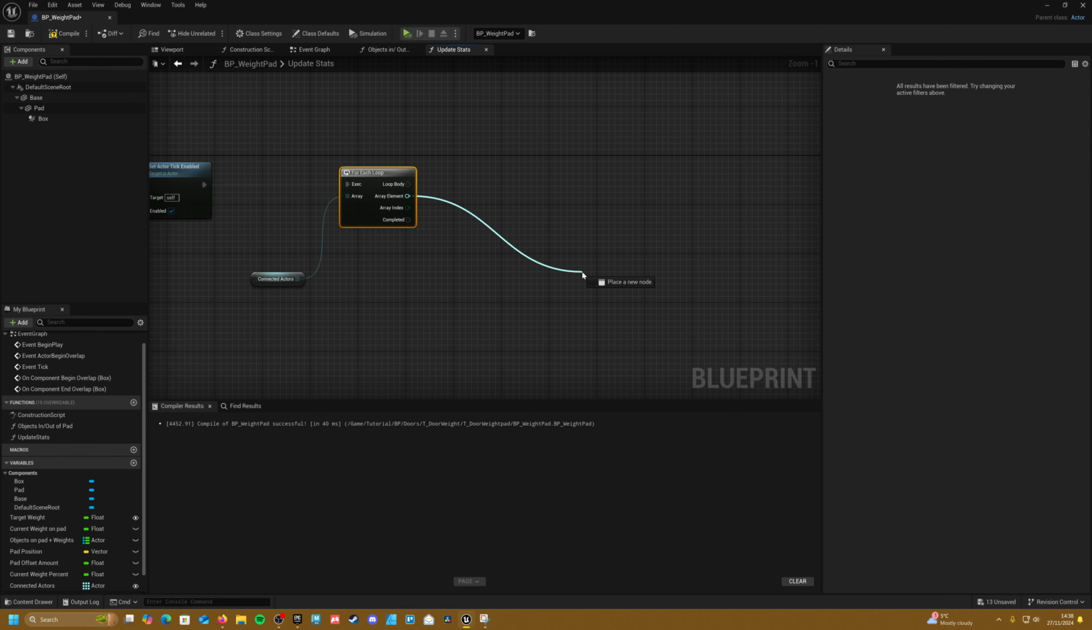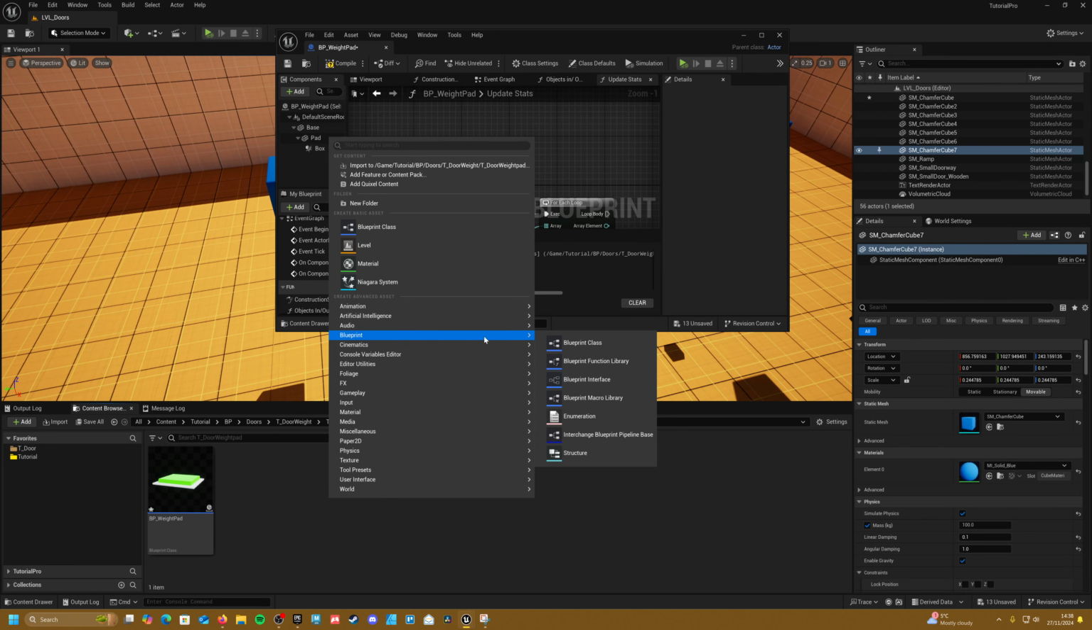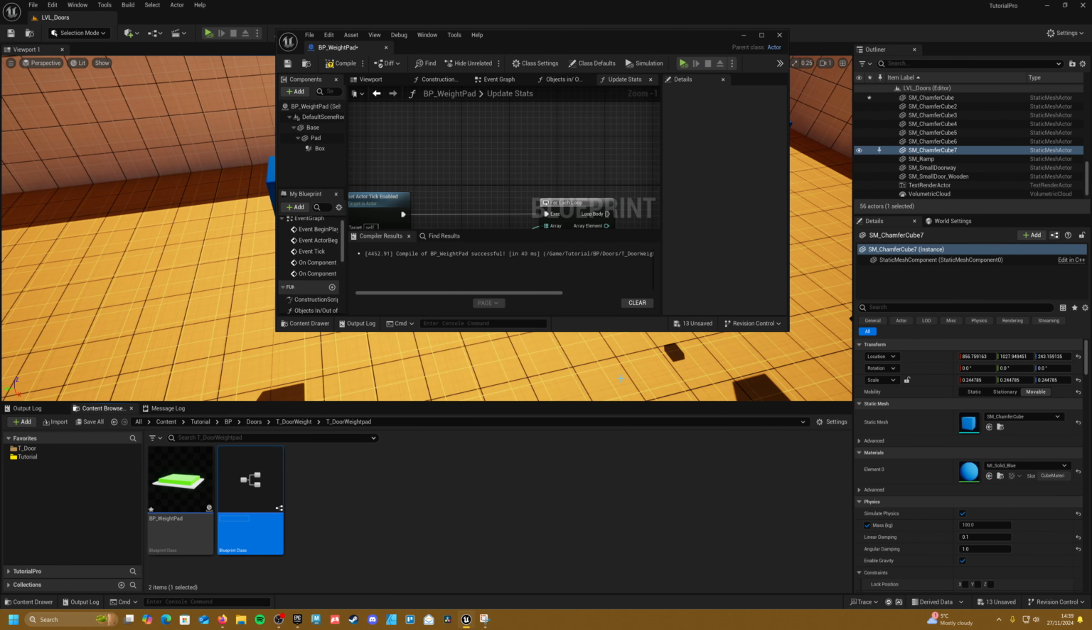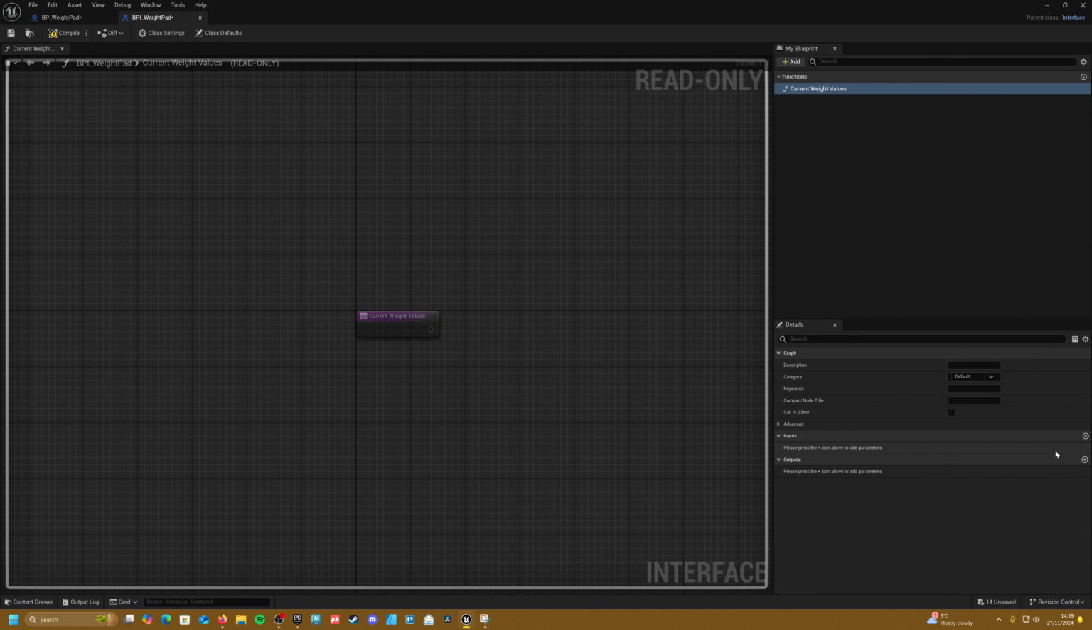we're going to want to tell these actors the current weight that's on this pad, or at least the current percentage of completion. So what we can do, if we jump out here for a second, and we right click and create a blueprint interface, and let's call this BPI weight pad. Let's jump in here. And if we rename this guy here to current weight values, and all we need to do is add a